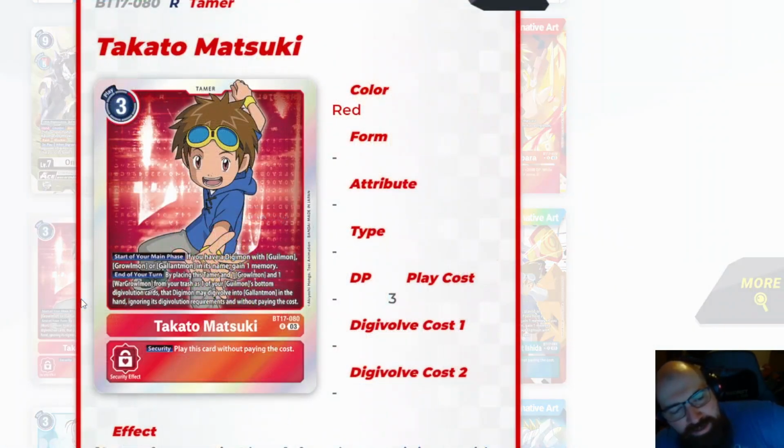Takuya, my man! Start of your main phase. Sorry, it's Takato. Takato! Start of your main phase: if you have a Digimon with Guilmon, Growlmon, or Gallantmon in its name, gain one memory. There's a chance, not always. End of your turn, by placing this Tamer and one Growlmon and one War Growlmon from the trash as this Guilmon's bottom Digimon card,